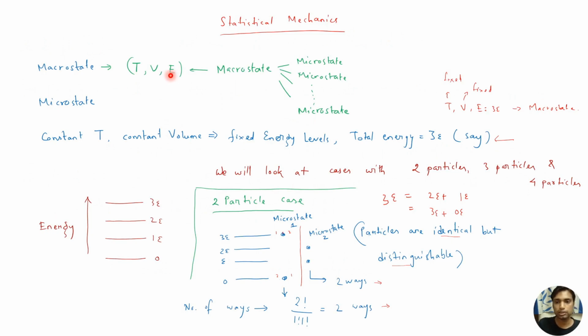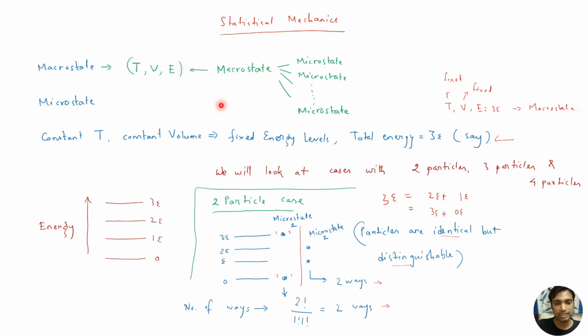So what we do in statistical mechanics is we want to understand the thermodynamics of the system from the microscopic point of view. We call something a macro state which can be labeled by parameters, like a particular macro state at constant temperature, volume, and a particular energy E. Why? Because this can be experimentally fixed. That is why we fix these three parameters, and corresponding to that there can be many different configurations of the atoms and molecules which can give this same value. Those are called the microstates.